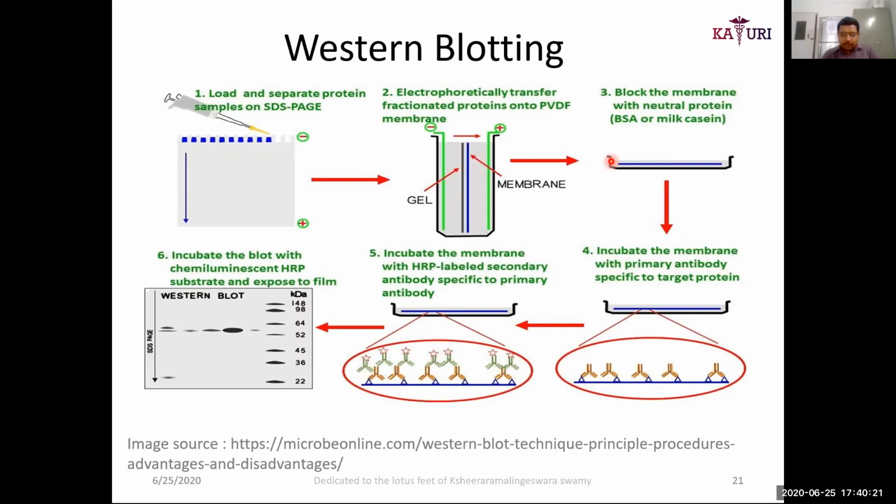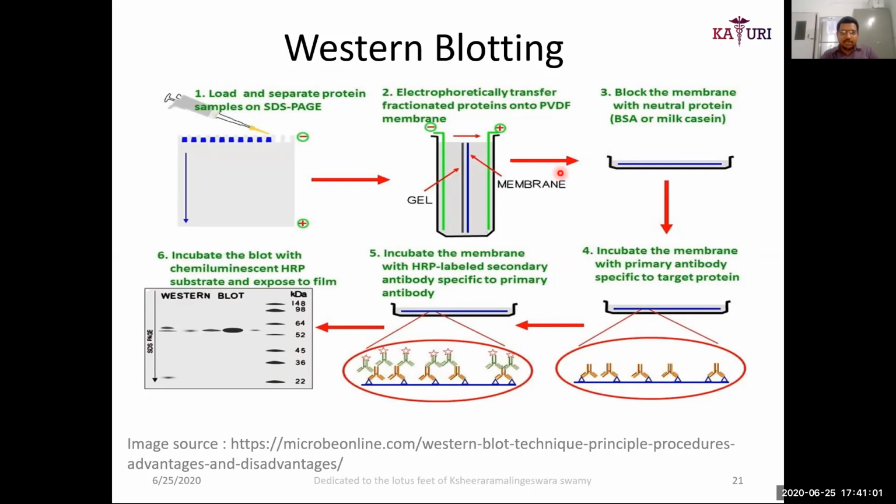This is what I have told you. This can be done easily. It is a bit easier and more specific than autoradiography in the case of a protein. After that, this primary antibody is incubated with a secondary antibody, which is labeled with horseradish peroxidase. This is the star mark you see here, an exemplification of horseradish peroxidase. After that, the substrate can be added, and whatever signal comes can be recorded onto a chemiluminescent film, an X-ray film which is exposed to chemiluminescence. So this is how Western blotting is done.